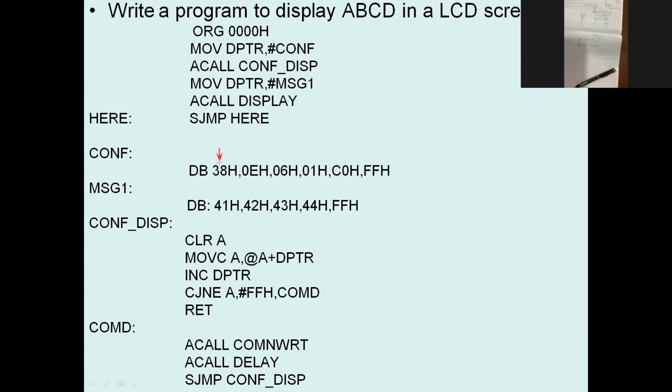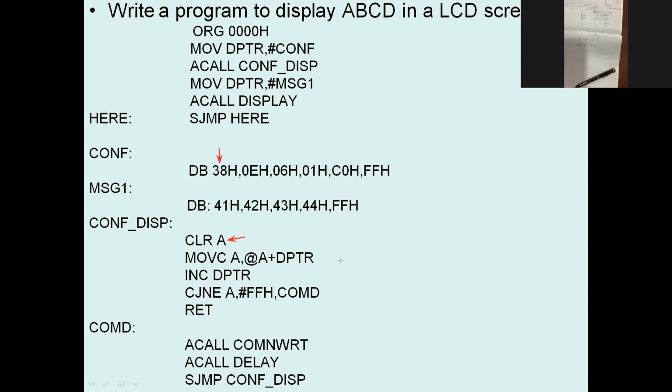Config is presently located at 38. The address of config is nothing but the location in config memory where the data is stored, like 38H, which is stored in the DPTR. So CLR A means what are the contents of the accumulator after the instruction? Not 38H. After CLR A, the accumulator should be 0.